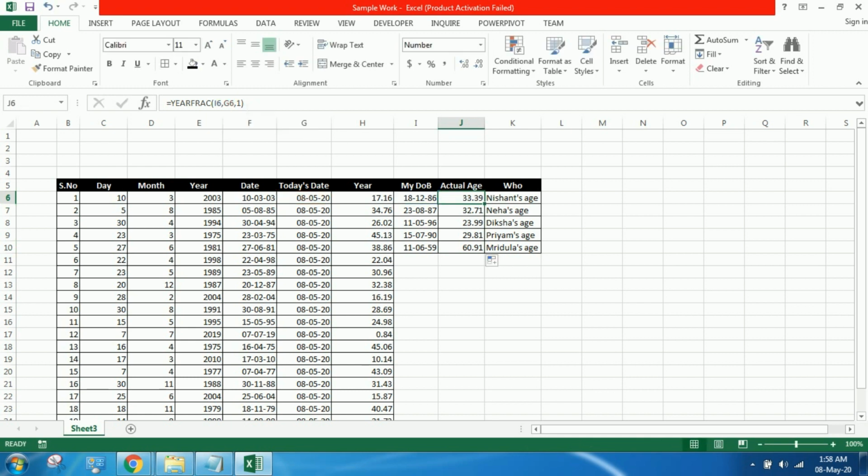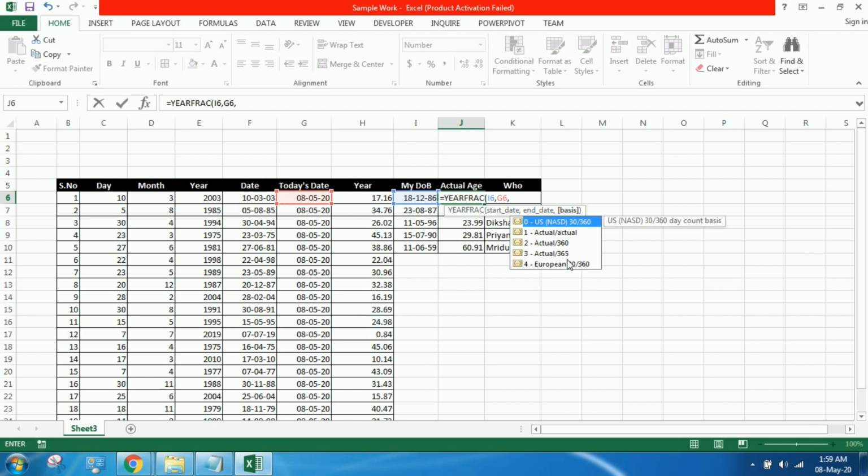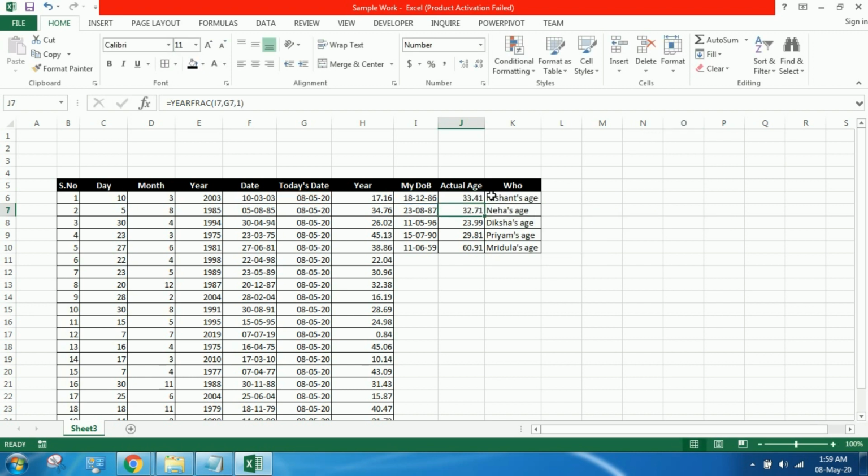Let me show you with another index. When we chose 1, let me show you by choosing some other index. Actual 365. How much does it show? Same. Let me choose some other index.